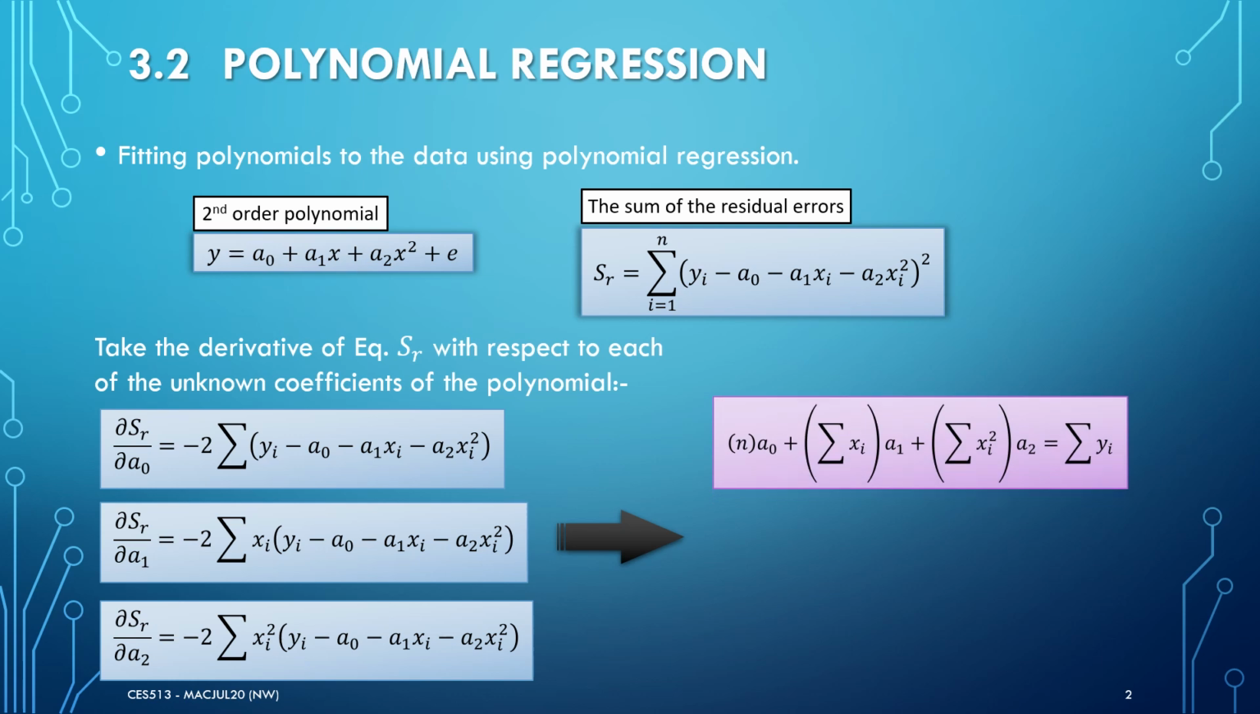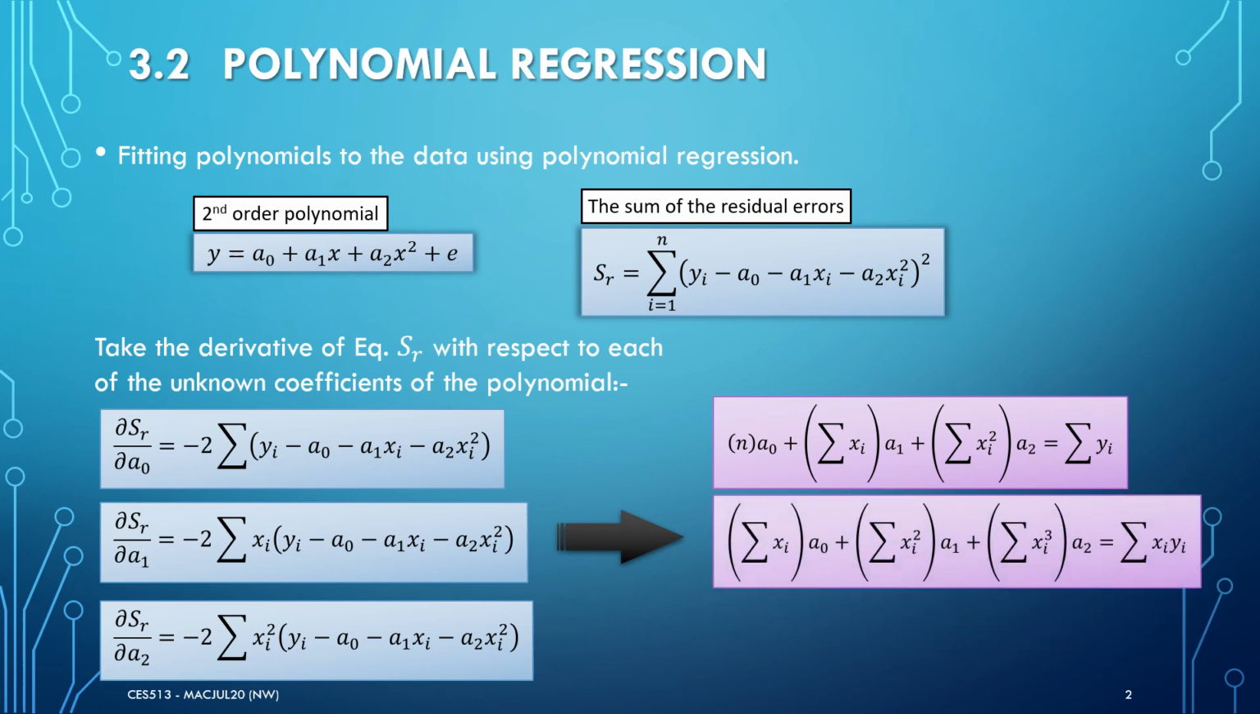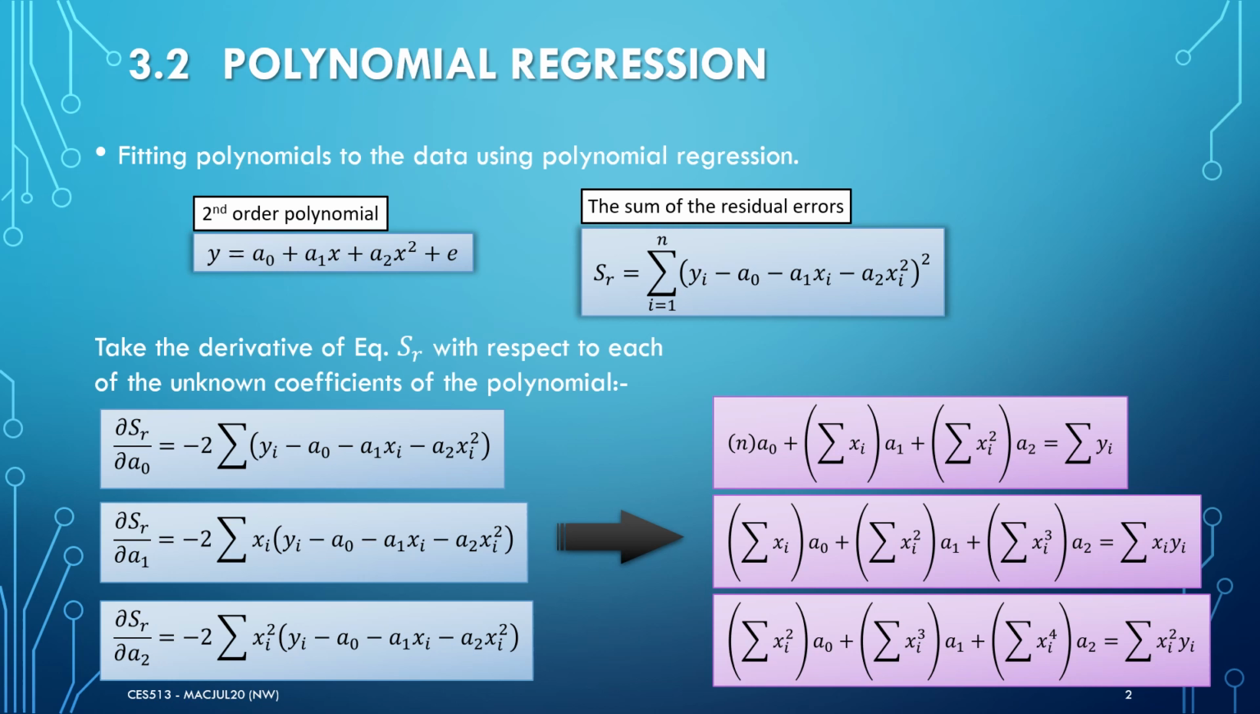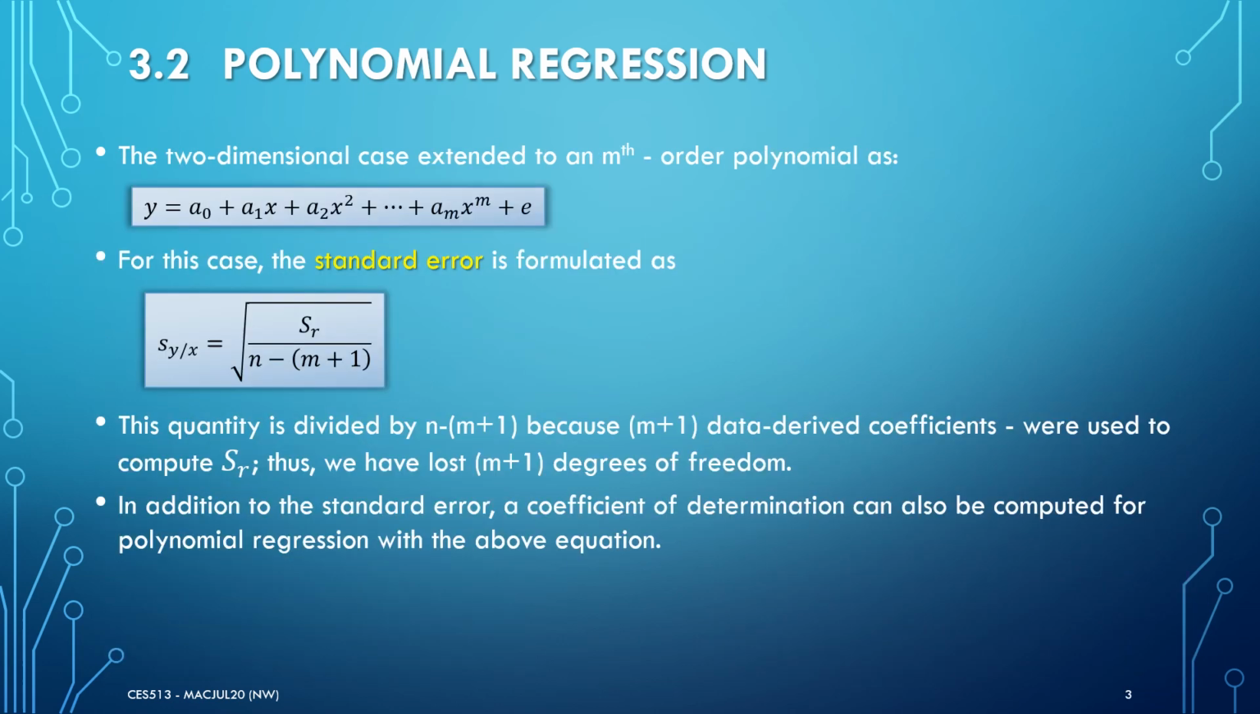These equations can be set equal to 0 and rearranged to develop the following set of normal equations. Note that the above three equations are linear and have three unknowns, which are a0, a1, and a2. The coefficients of the unknowns can be calculated directly from this observed data. The two-dimensional case can be easily extended to an mth order polynomial as the equation shown in the figure, which is y equal to a0 plus a1x plus a2x squared, and so on,